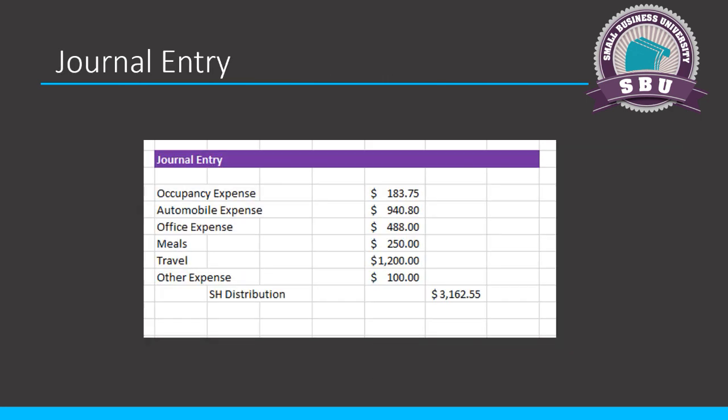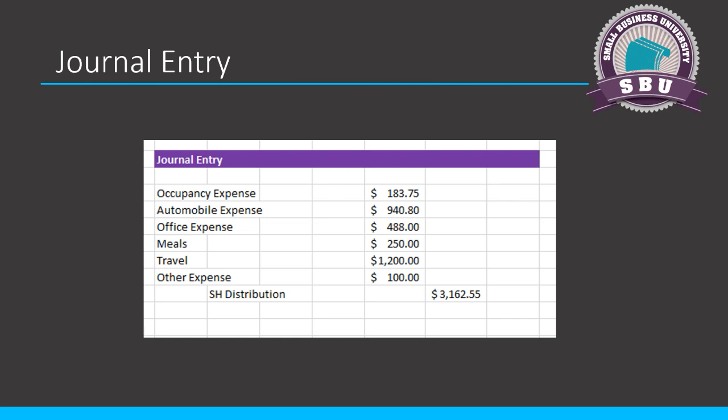Let me move on now to the journal entry piece. Let me just move this forward here. In that second tab that I showed you, here's the journal entry. I've kind of taken a snapshot of it. Again, you can make this as much or as little as you like. So if you don't want to just use these 6 categories, you want to break it out across several things, do it. There's no rules that say you can't do that. I just think this is a good option. This is a short option. We're trying to make it as fast as we possibly can.